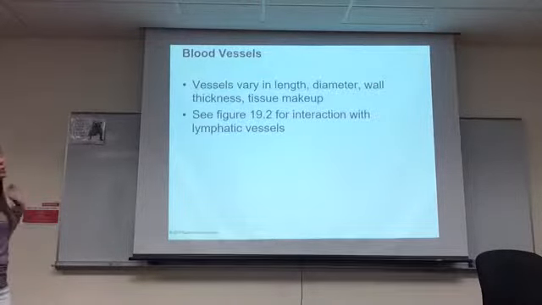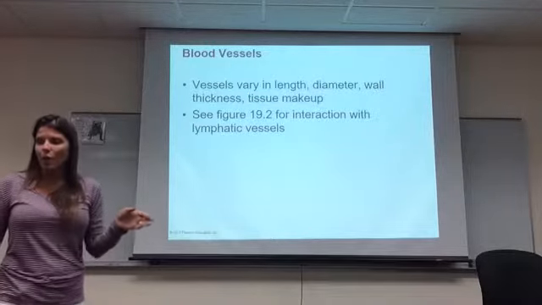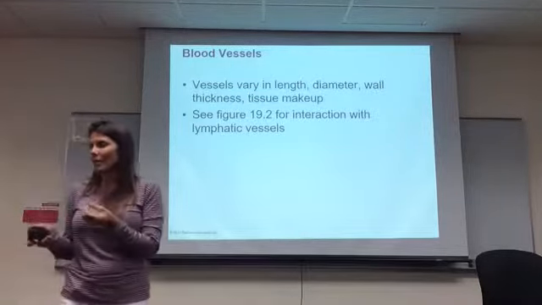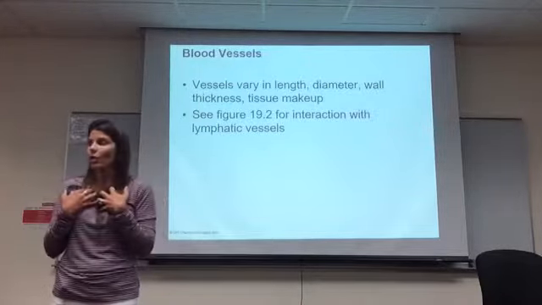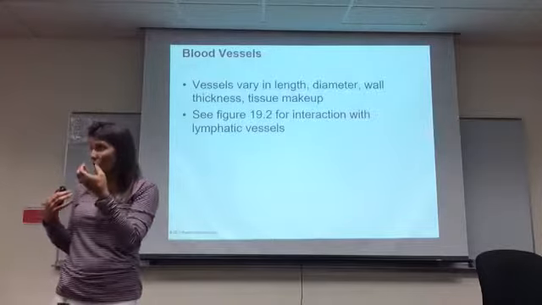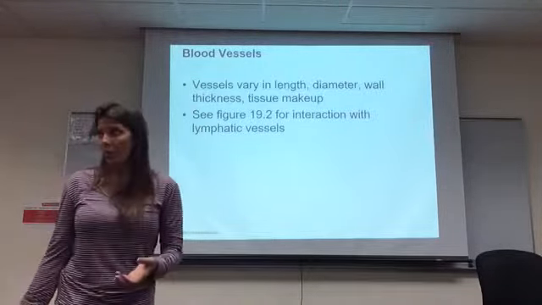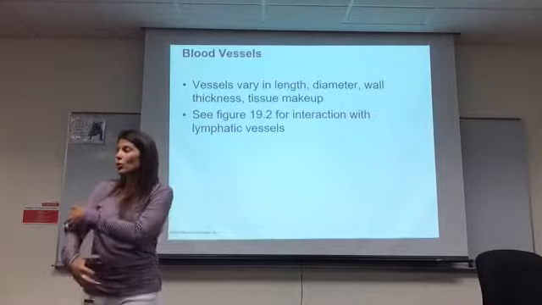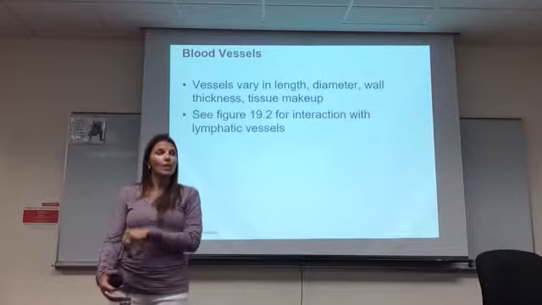As far as blood vessels, there's no specific length that a blood vessel has to be. There's no specific diameter that it has to have. You'll notice, generally speaking, the closer they are to the heart, the larger the vessel. The further away they are, the smaller the vessel. Within tissues, we expect to see really small vessels, but as it's carrying towards that tissue, we expect to